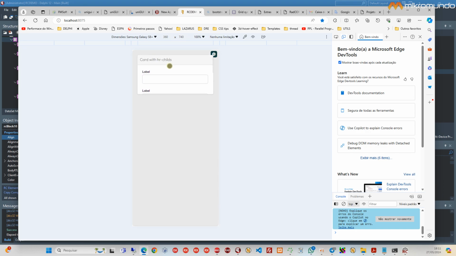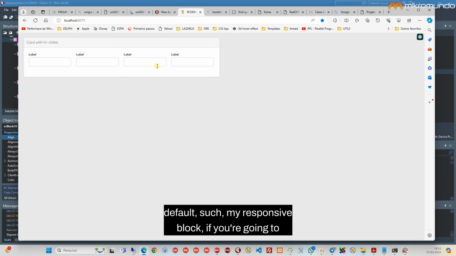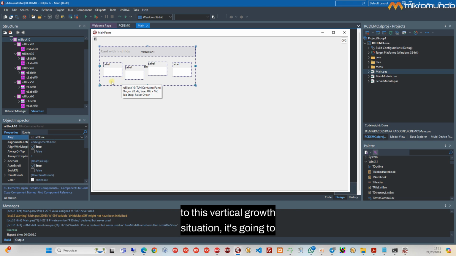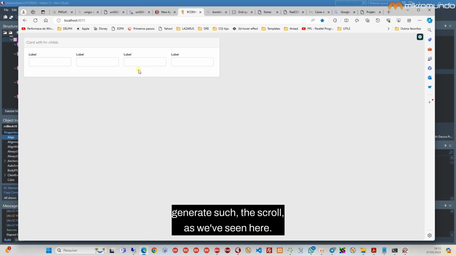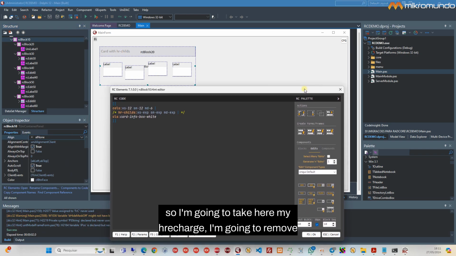Why? Because it's just not prepared to do an expansion, so by default, my responsive block, if you're going to run it inside some component that's not prepared to respond to this vertical growth situation, it's going to generate SIG, the scroll, as we've seen here. So the example of HR childs is just to cover this situation, so I'm going to take here my HR childs,